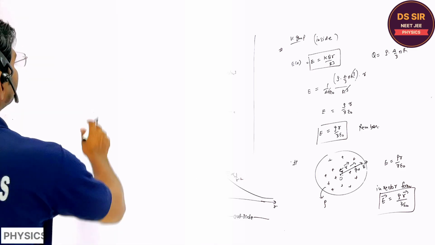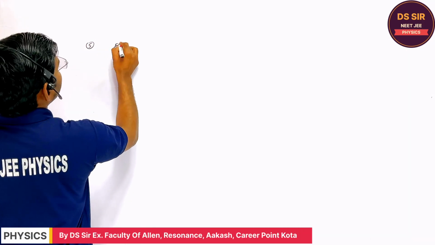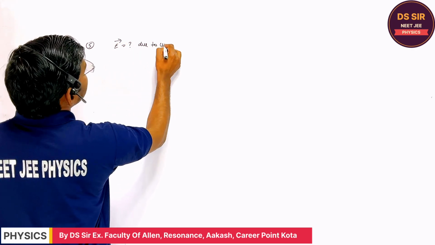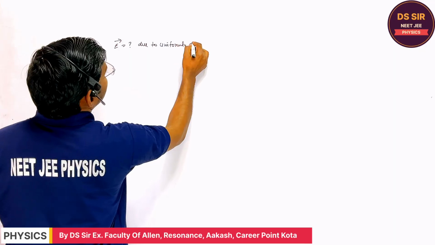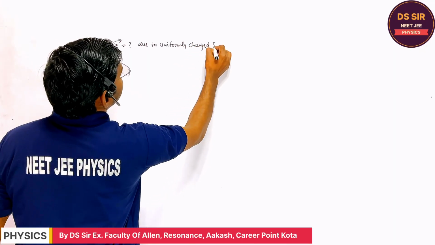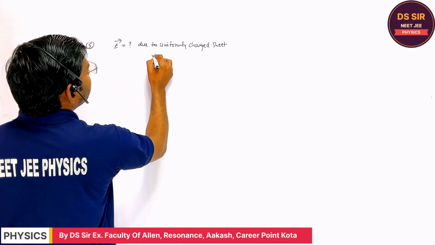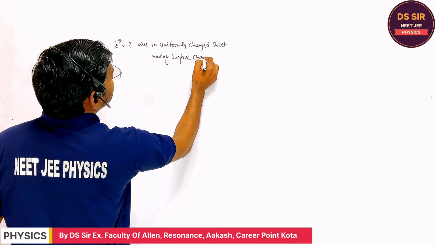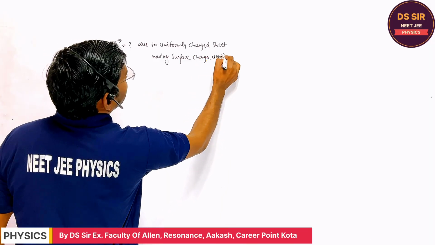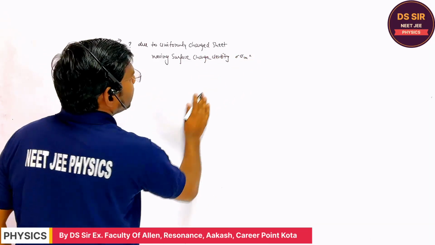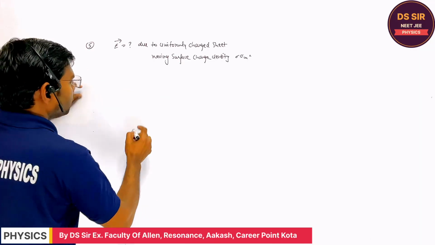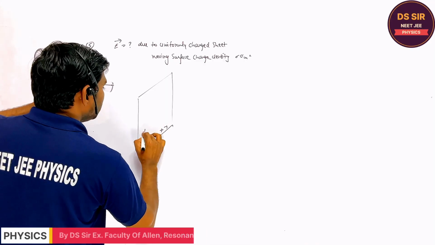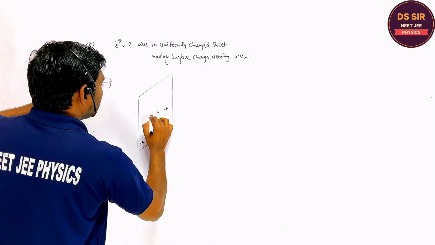Copy now. So the next application: you may write the electric field you have to find due to a uniformly charged sheet having surface charge density sigma, sigma coulomb per meter square. I think we have not done this. Please tell. With the help of Gauss's law, if this is the uniformly charged sheet, like this,